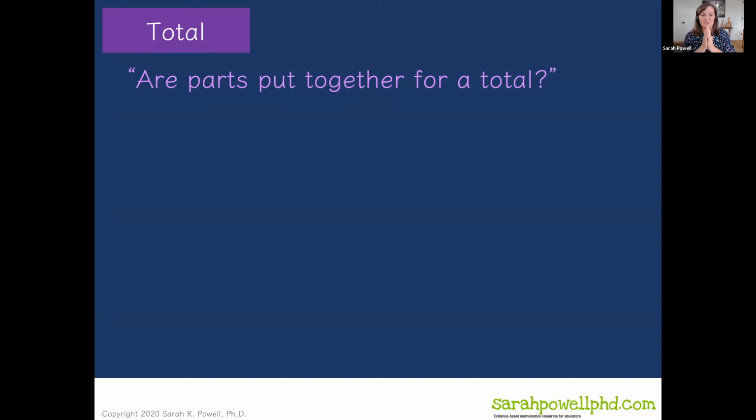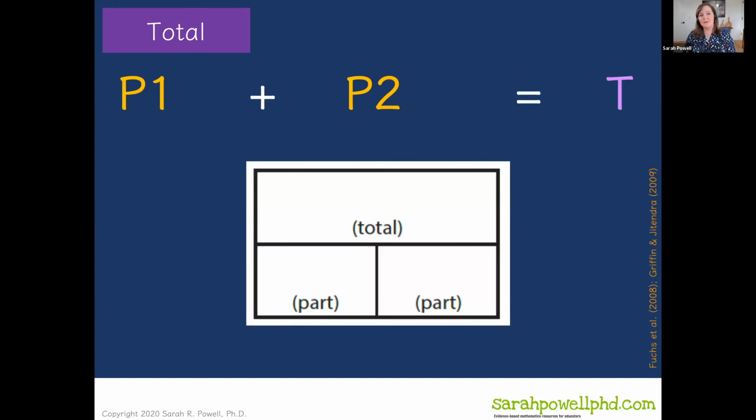And we like to use gestures to help students cue into these problems. So here for total problems, I hold my hands apart when I say parts. And then as I say put together for a total, we move our hands together to show the combining of those parts. So, are parts put together for a total? So once students figure out, well, yeah, I do need to figure out a total in this problem, there's lots